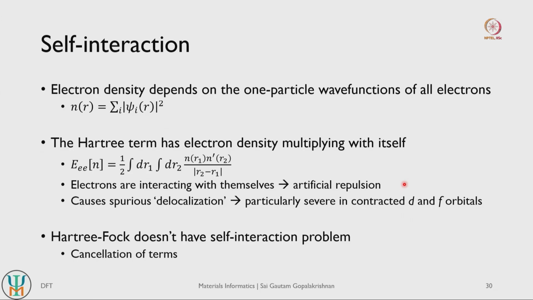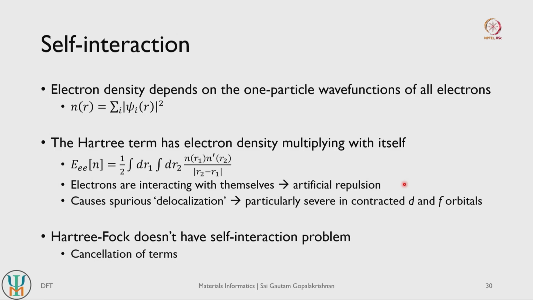And because of this contracted nature of d orbitals, you now need electrons to occupy smaller regions of space, right. So you want your d electrons to occupy these d orbitals. So iron 3 plus still has 5 d electrons. Iron has an atomic number of 26, so its valence electronic configuration is 6 d electrons and 2 s electrons. When it forms an iron 3 plus ion, it is going to donate the 2 s electrons and one of the d electrons. So it still has 5 d electrons which are going to occupy the 5 different d